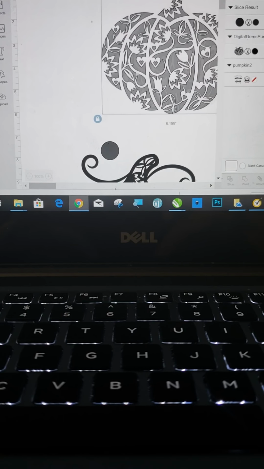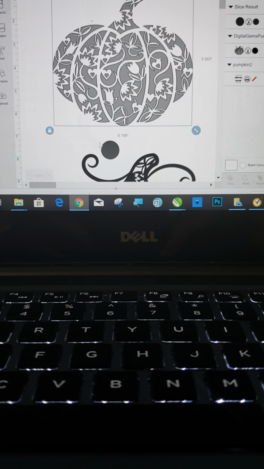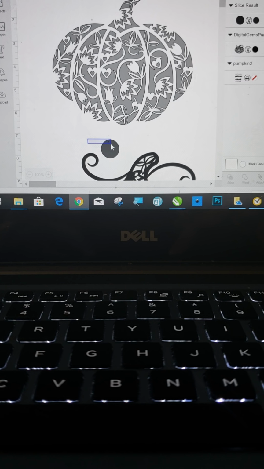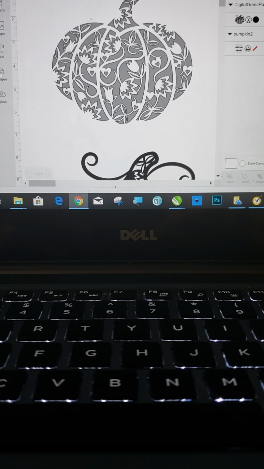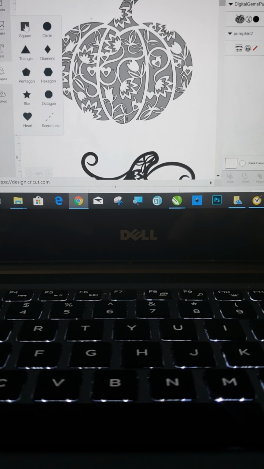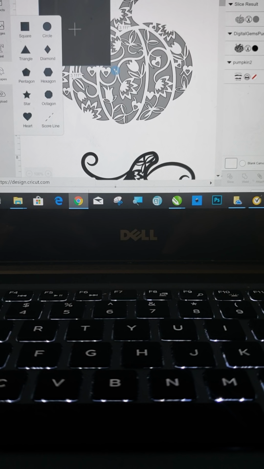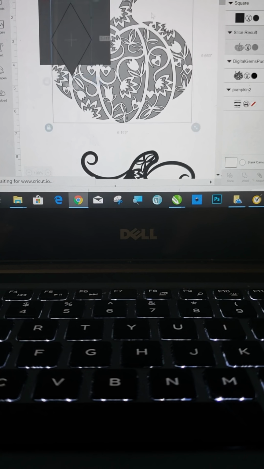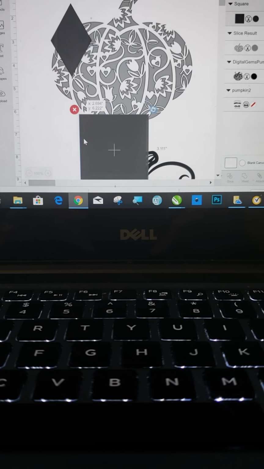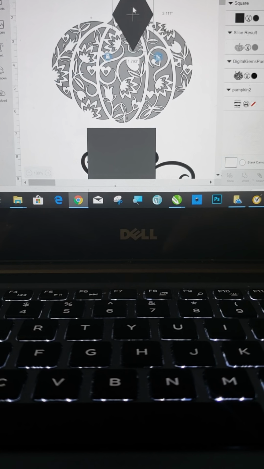Delete. Okay. So this is what we're left with. Oh, let's get rid of this too. Delete. Okay. So this is what we're left with. Now what we want to do is we're going to need a square. And we're going to need this diamond. Okay, and what we're going to do, take this square, move it down here, take this diamond, you're going to